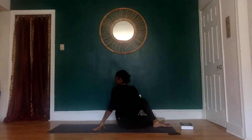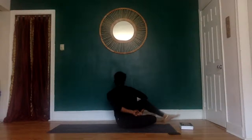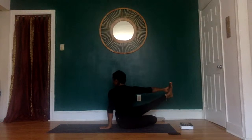Maybe you decide to stay here, finding that spinal alignment and tensing everything else around it, guiding that exhale to help you and assist you in your contraction of muscles. You can stay here or find your full bind, or find your modified bind. Right hand on the outside of the left foot, extend the heel, lifting up. Maybe left hand drops back. Take one more breath, twist a little bit more, extend through the spine, sit up on the sit bone,